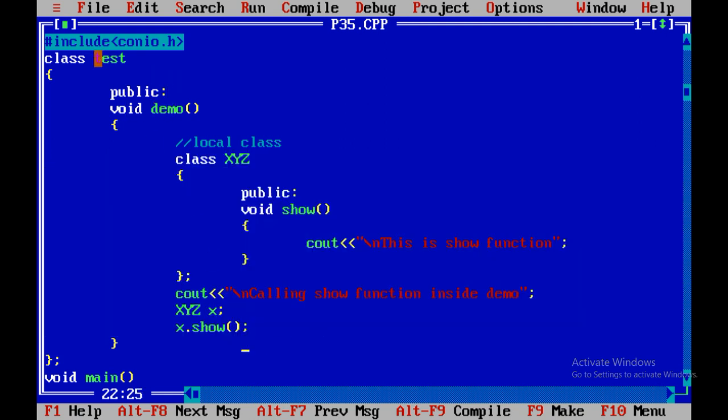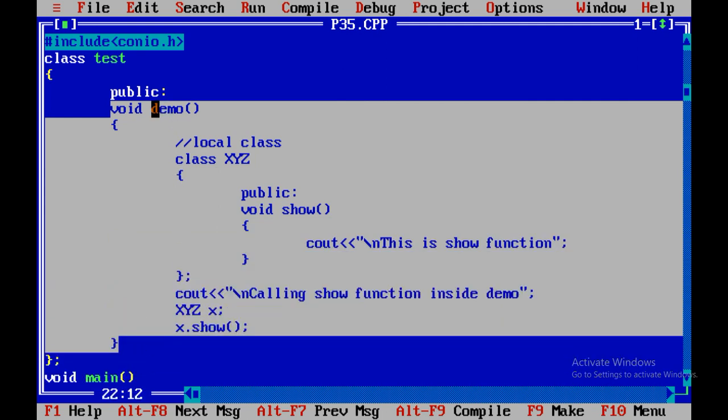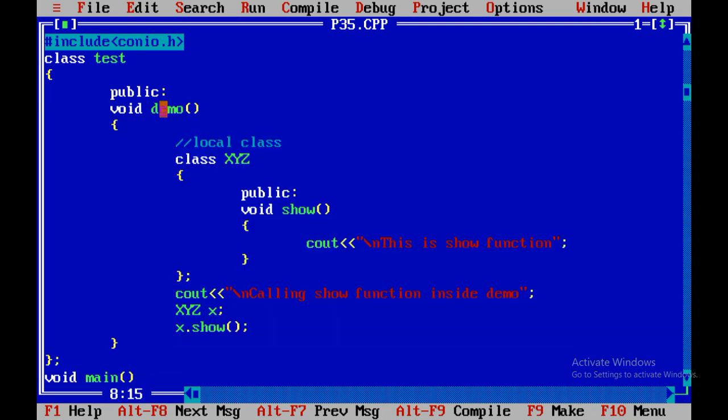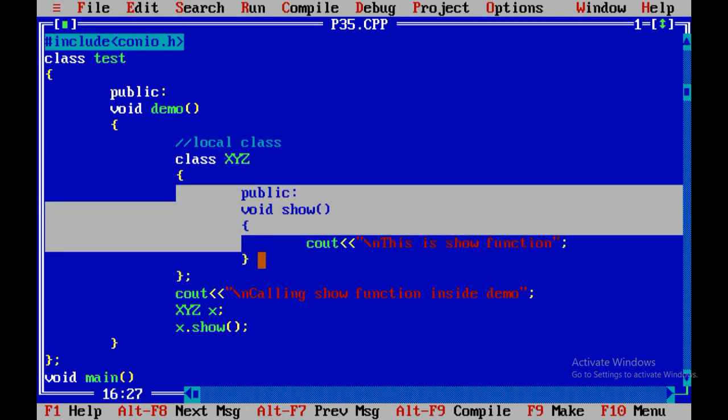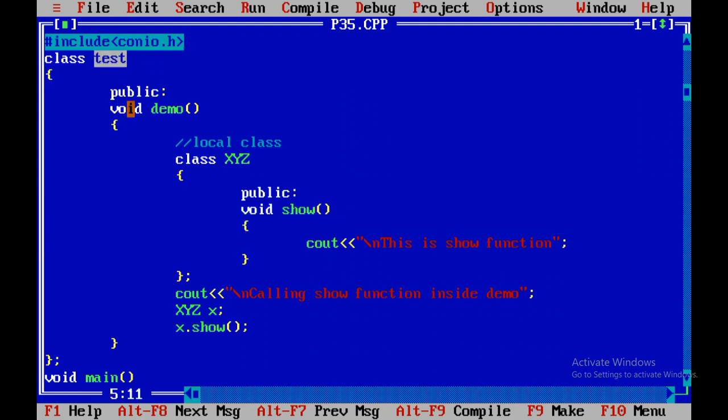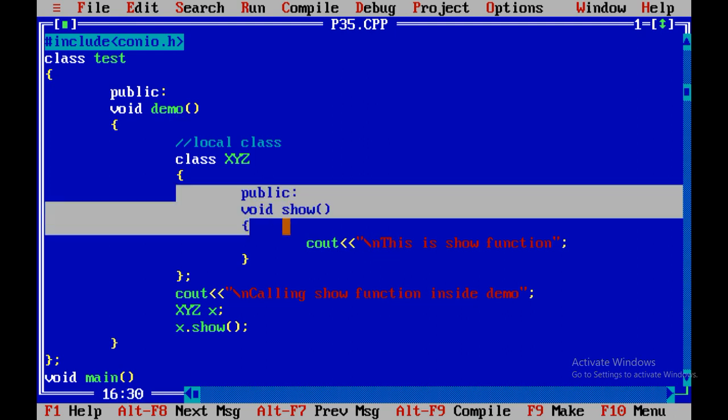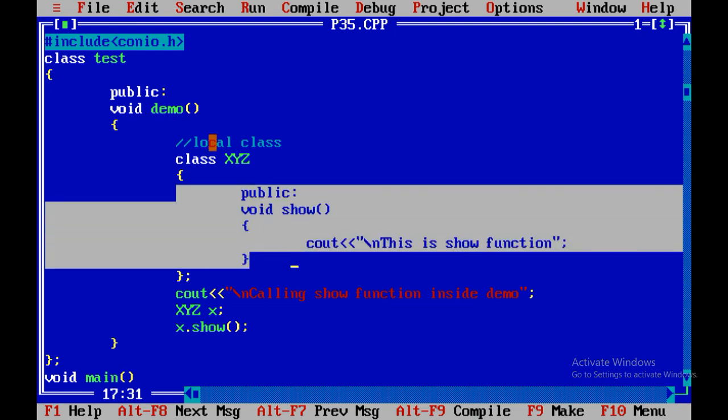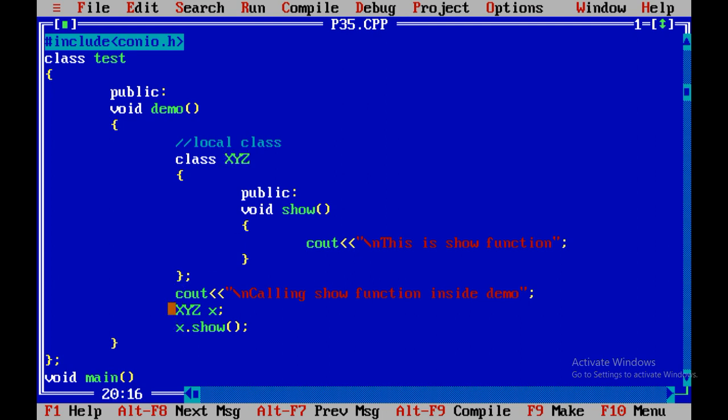What we have performed: we have created one class called test. Inside test, I have created one public method named demo. Inside the demo method I have created class xyz, which also contains its own method. But remember one thing, you need to create the object of test class, then you need to call the t1.demo method. When you call the demo method, this code is not executed until you create the object of xyz class.